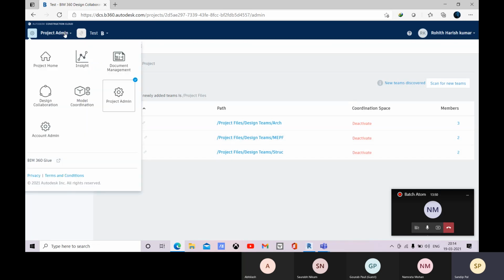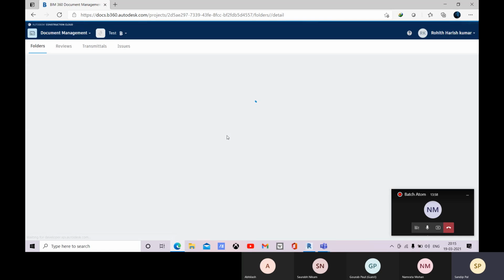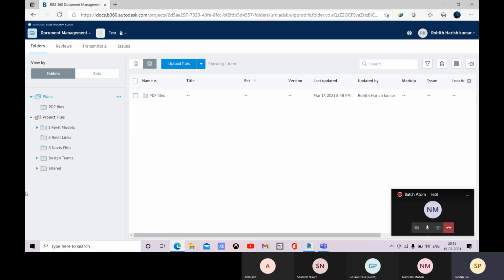Now just come to this document management. So you remember within this design teams we have selected this arc, this MEPF, this structure. So let me just select this one, and here now see that we have one consumed folder right now.